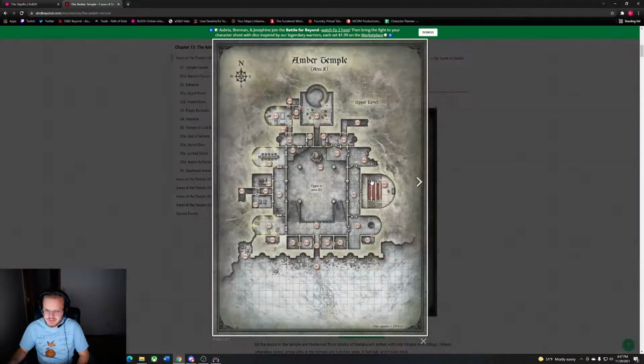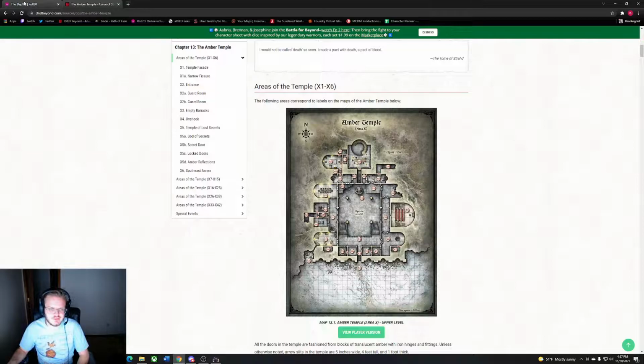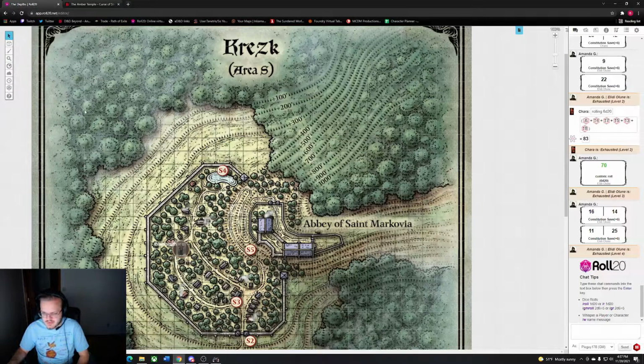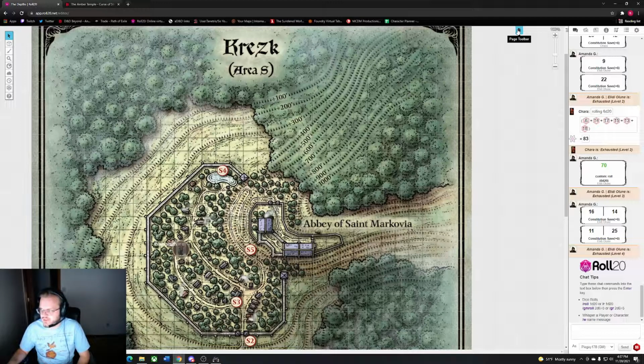If you want to save it, you can click into it, right click, save image as, save it to your folder, do all that good stuff. Probably already got that part though, because most people who own a computer know how to do that type of thing. When we get to Roll20, we want to click on this little tab guy up at the top, and